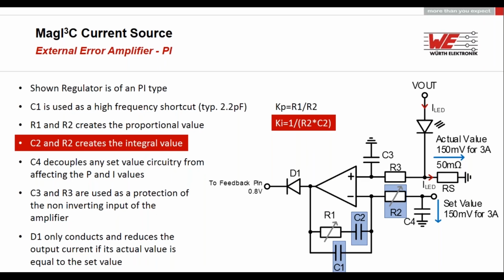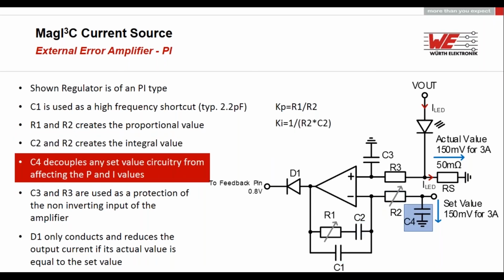C1 is highlighted too because, yes, it participates in the integral value, but normally C1 is very, very small compared to C2, so we can neglect C1. C4 decouples any set value circuitry from affecting the P and I values. This is quite important because when you generate a set value, which means you tell the system how much current you want to allow, you can do it, for example, with a